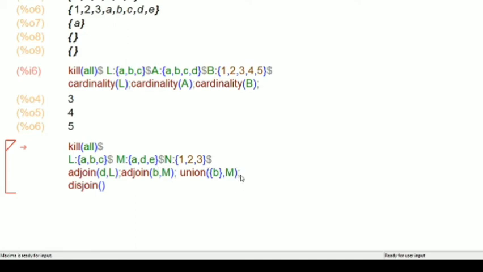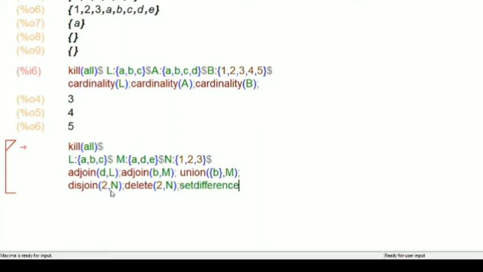Right? Now, disjoin. What are you disjoining? You are removing an element 2 from N. So, disjoin 2 from N. Otherwise, you can write delete. That is the command we discussed. Delete 2 from N. Or otherwise, you can write set difference.